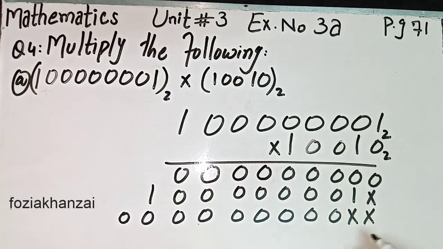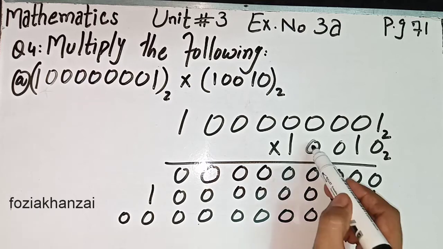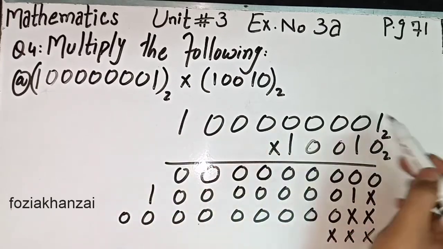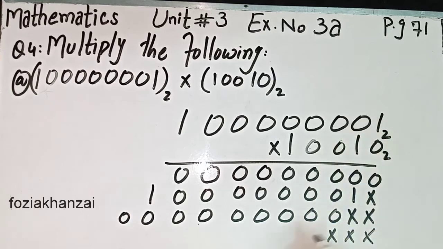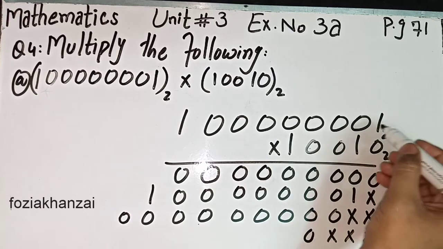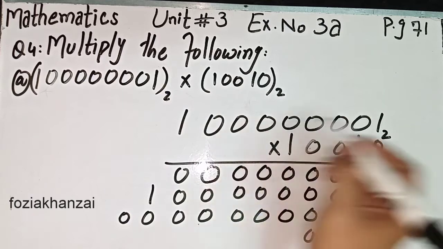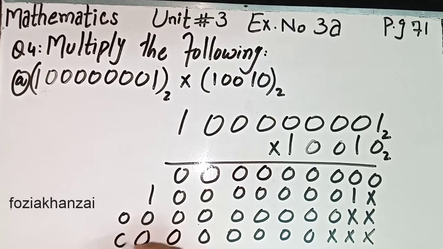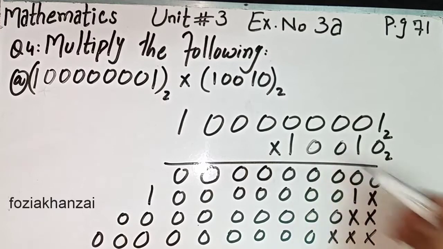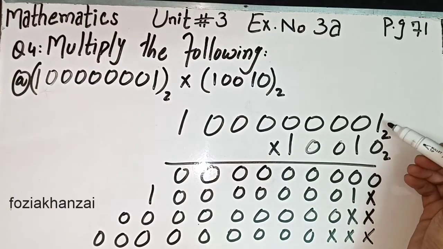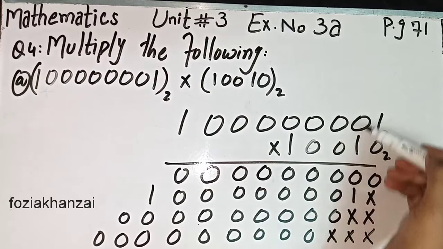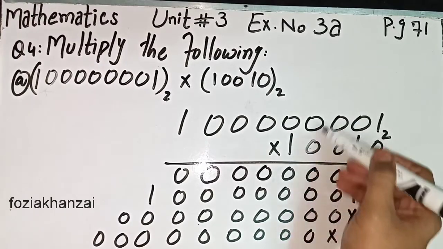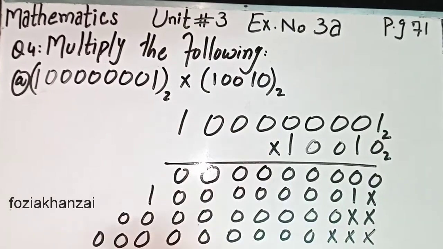Finish. Now fourth step, we put cross. This 0 multiplied by first value. So 0 1s are 0. We have total 9 digits, so 9 0s. Third step done. 0 multiplied by 1, 0 1s are 0, 0 0s are 0, 0 0s are 0, 0 0s are 0, 0 1s are 0.